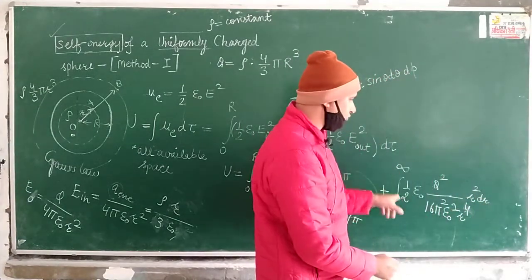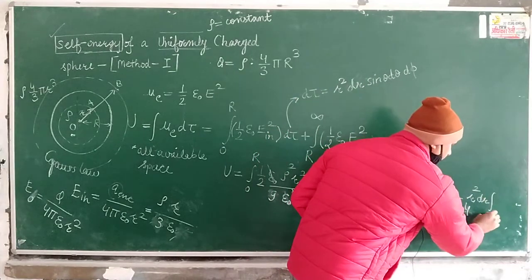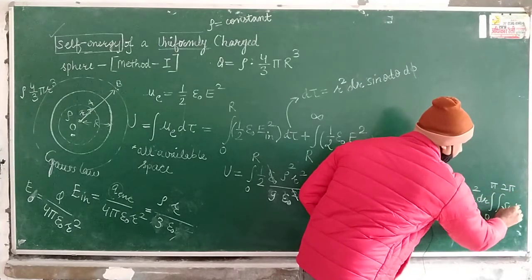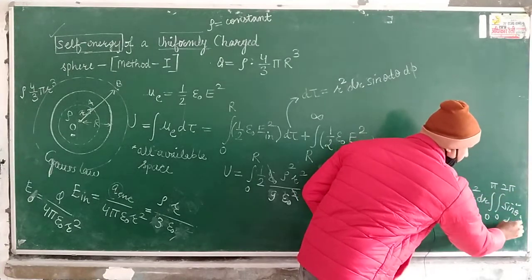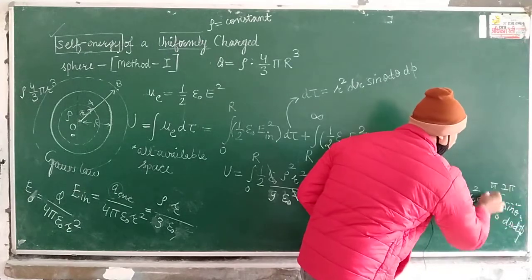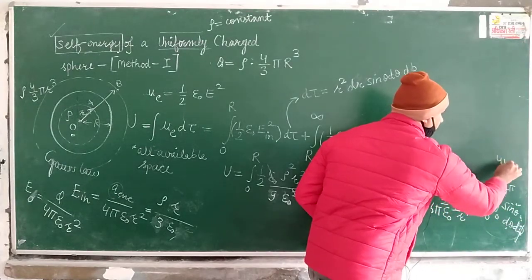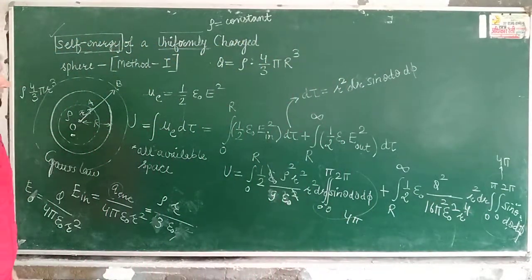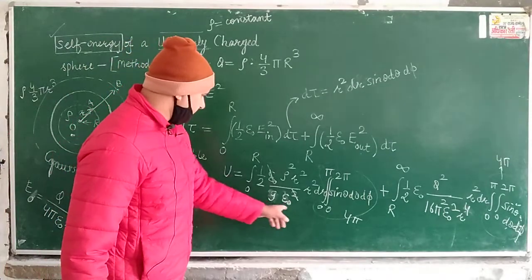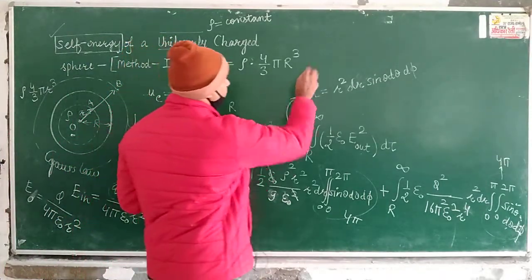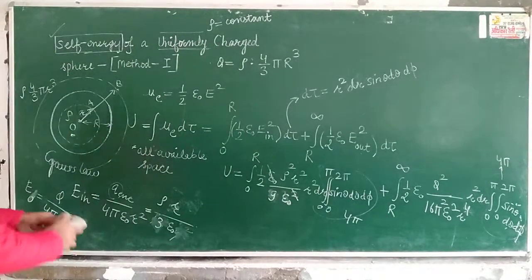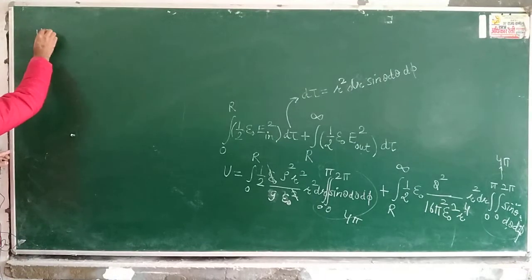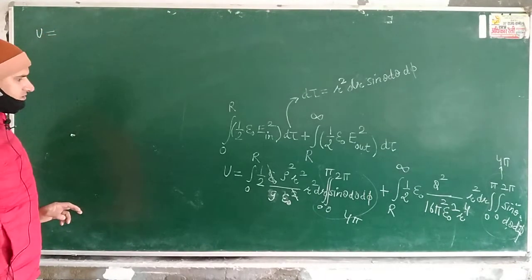We have taken limits of r, and then again you have 0 to pi and 0 to 2 pi, and then sine theta into d theta and d phi, and the value of this again is 4 pi. So keep this factor, value of this factor in your mind. So if you solve this thing, then you will get the energy. So if you solve all this, then you will get the self energy of the uniformly charged sphere.